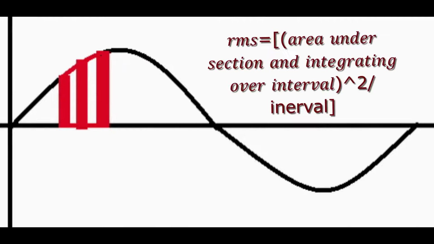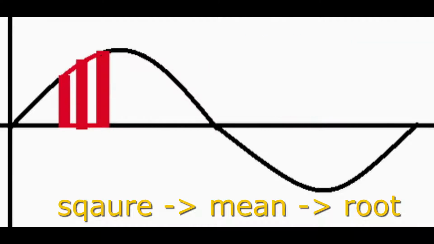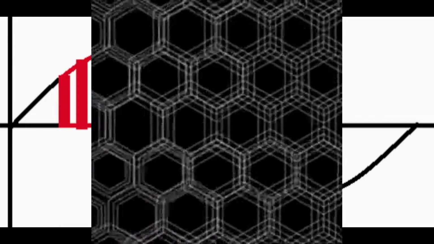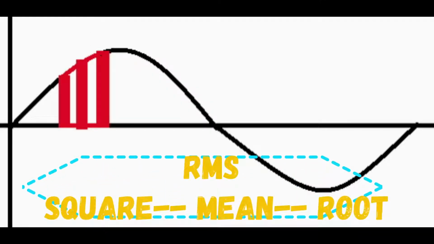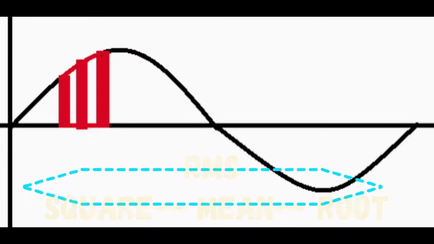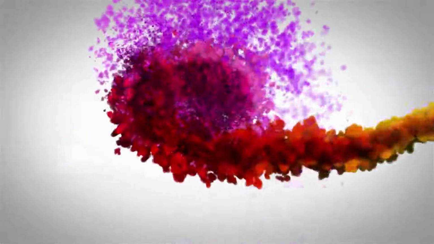Whereas RMS represents the area of a small section, taking its square, integrating it throughout the interval and then applying root over it. To remember, you can reverse the RMS alphabet, where S represents square, M mean and R root. So first perform square, then go to mean and then to the root one.